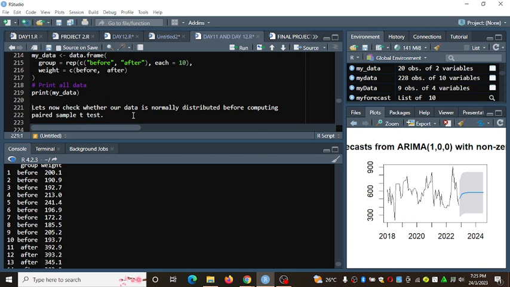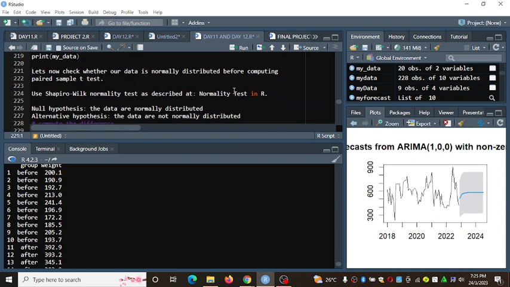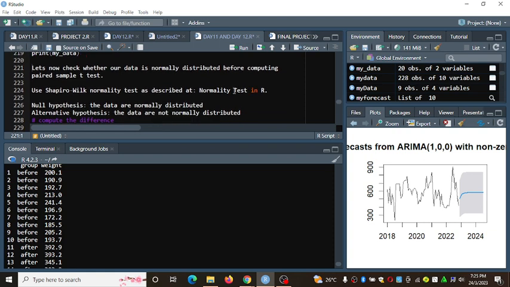One test that is used frequently, even in SPSS and other software, is the Shapiro-Wilk normality test. So I used this test to check if those particular data are normally distributed.